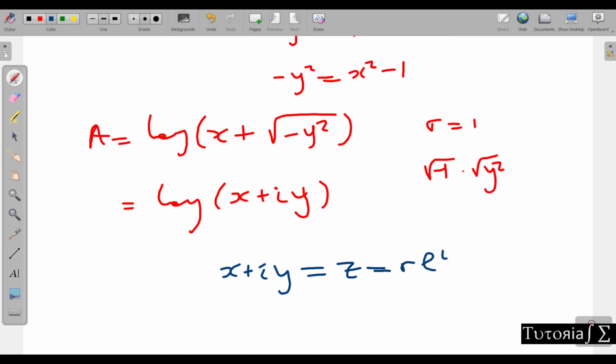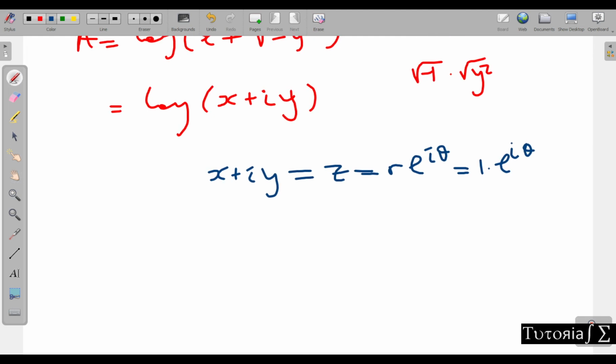R e to the i theta. Okay? R e to the i theta. But remember that our R is equal to what? It's equal to 1. So this will just be equal to 1 times e to the i theta. So we can replace this here. Okay? So meaning that our A